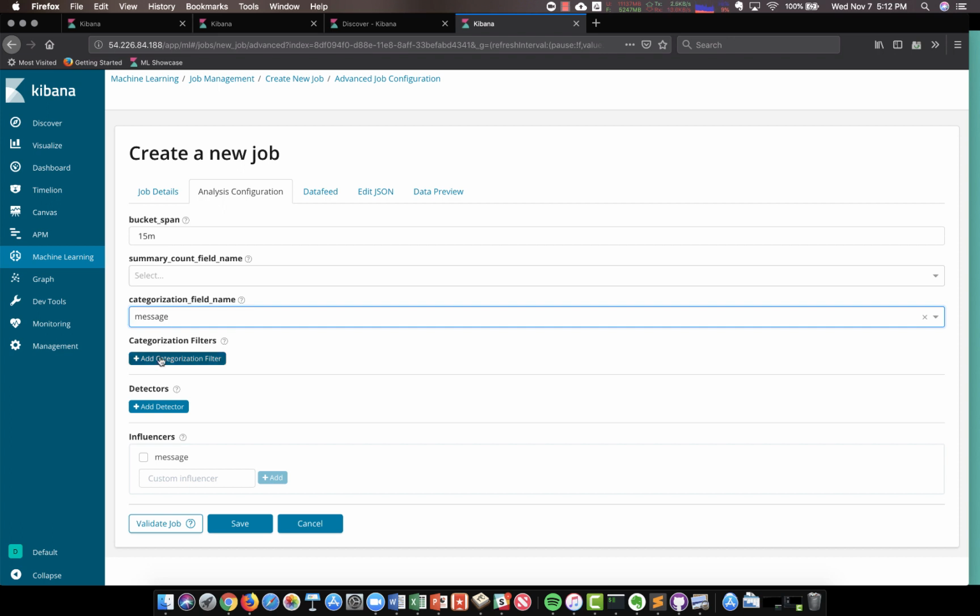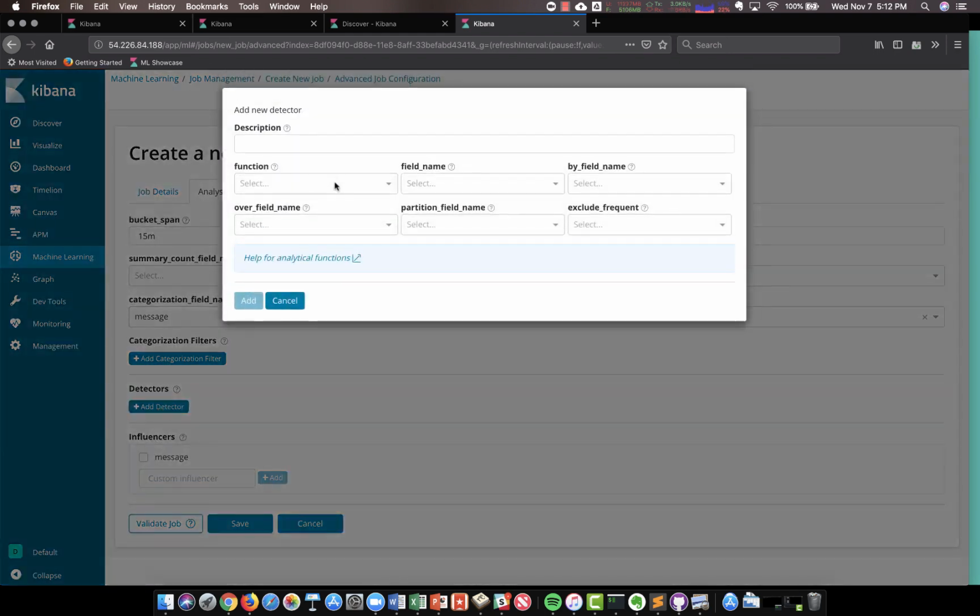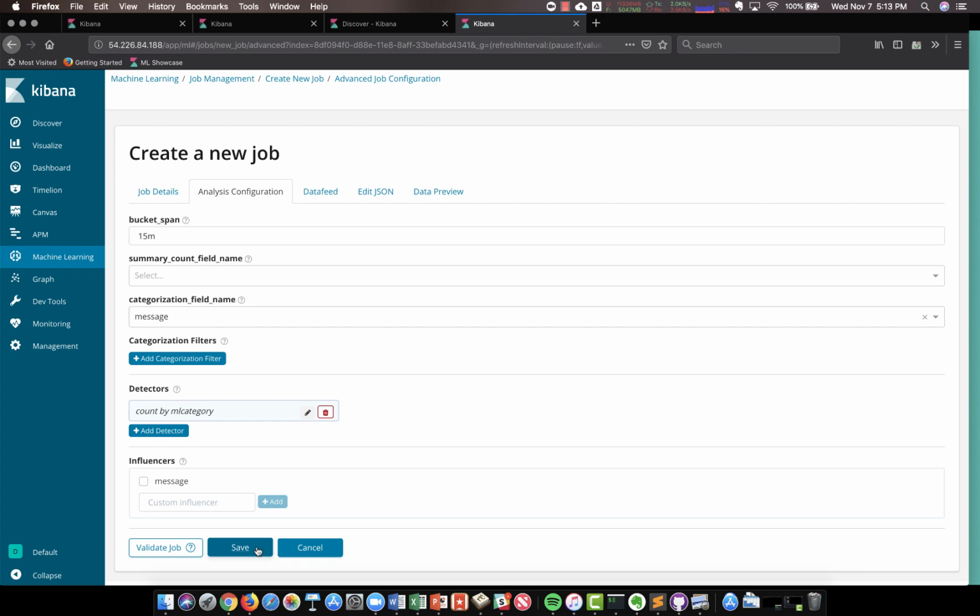Once that's done, when we go to the detector, we add a new detector here, and we can just select the analysis that we want. In this case, I'm going to do a count of messages by ML category. Now this field, ML category, gets magically created once categorization is specified. So again, you would not normally see this field if you weren't doing categorization, but because we put the categorization field name in, this ML category field now shows up. Okay, so let's just add that in, save the job,